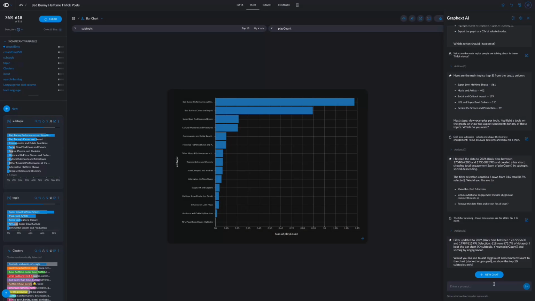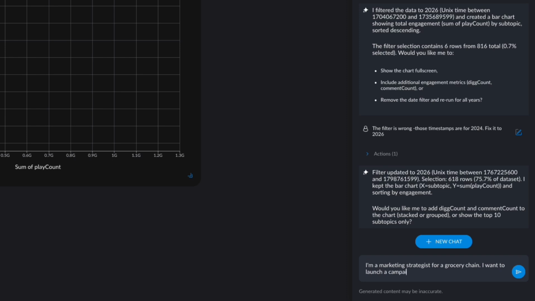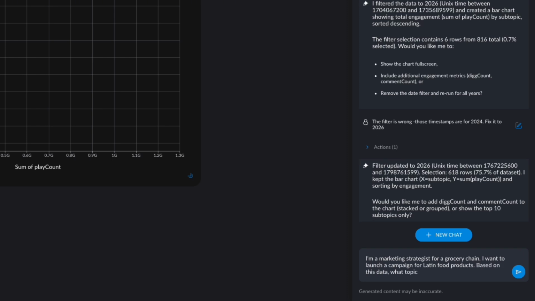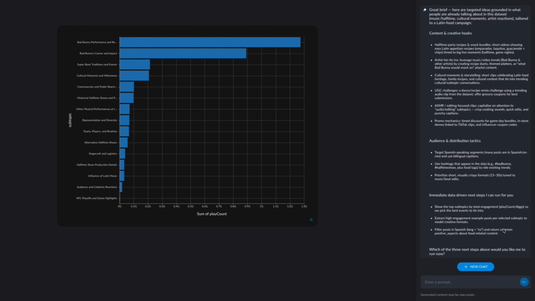This is important. The AI is powerful, but it's not infallible. The transparency tools let you verify and correct in real time. That's a feature, not a flaw. Now here's where it gets really interesting. Instead of asking the AI to filter or count, we ask it to think with us. We tell it our goal, a Latin food marketing campaign, and let it connect the dots with what people are actually talking about. The AI doesn't just search for the word food in the data, it builds a strategy grounded